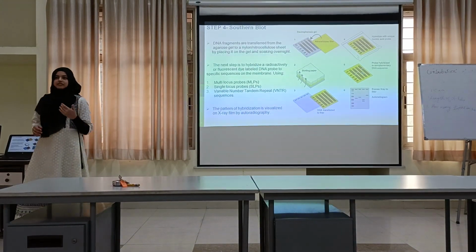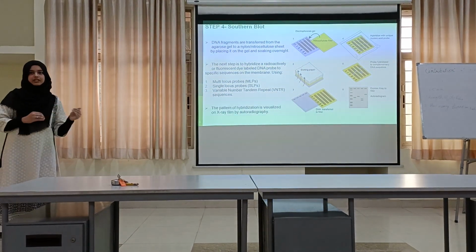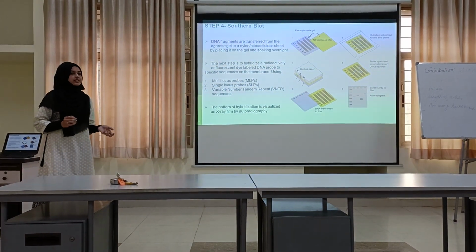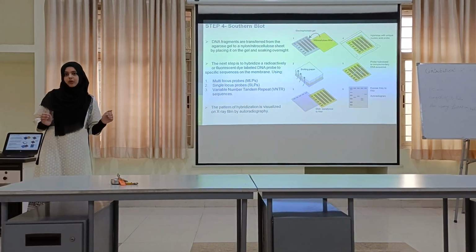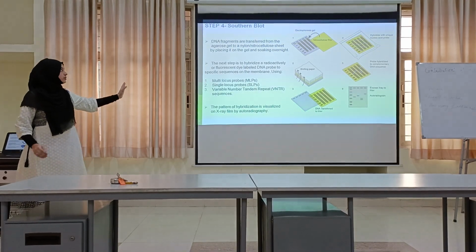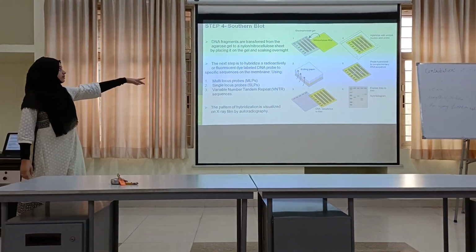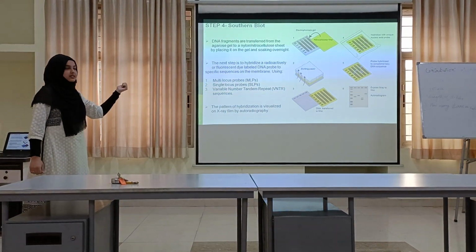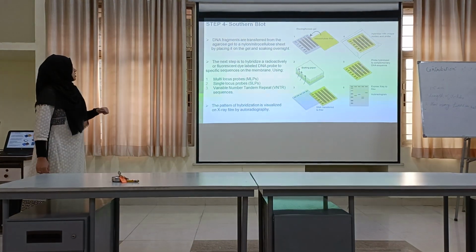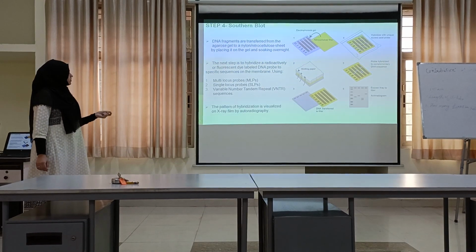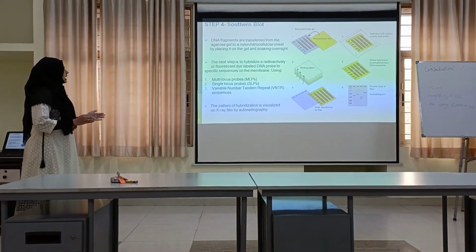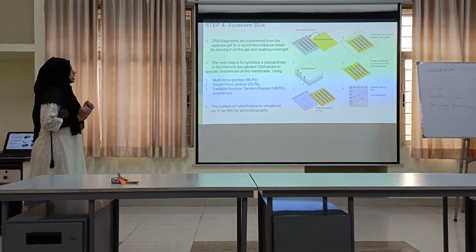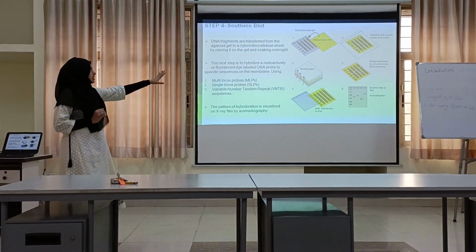So at the end of the gel electrophoresis, we have already separated the fragments according to their sizes. But gel electrophoresis does not give us a permanent copy. So we need to transfer the fragments that we have got to a membrane. And this is done through a process known as blotting. So DNA fragments are transferred from the agarose gel to a nylon or nitrocellulose sheet by placing it on the gel and soaking over it. So we use this filter to